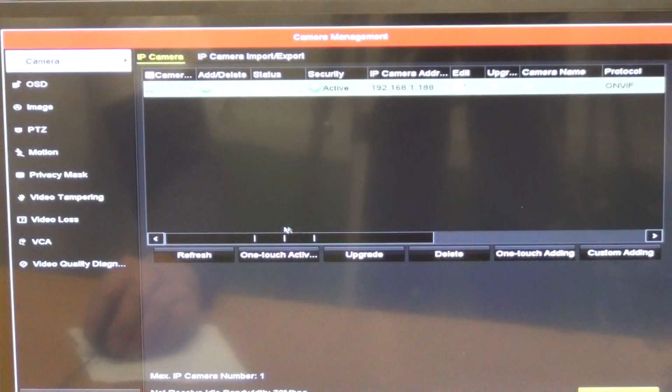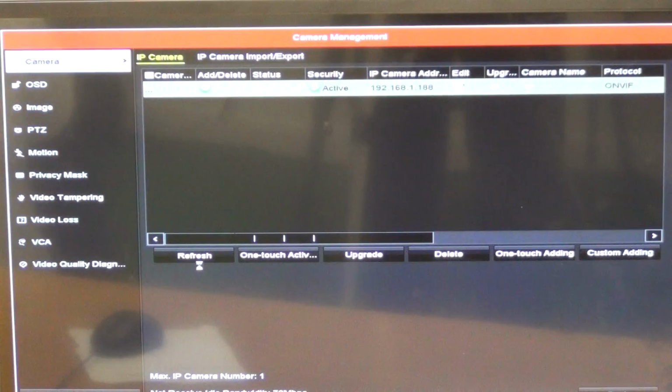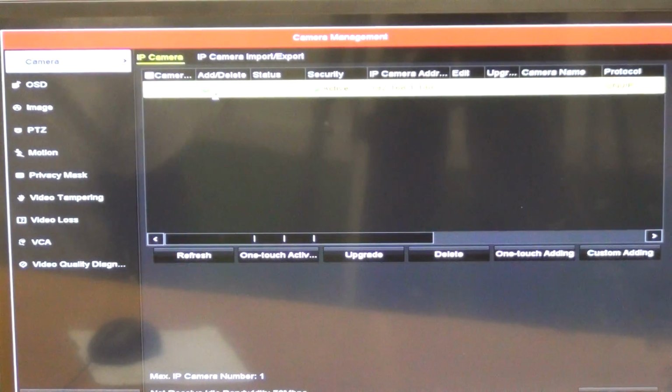So what we can do here is I can just hit the refresh button. What it'll do is it'll go out in the network and see what cameras are available out there, okay? So we can see this one here, and we can make a decision that we want to add this on. This will just take another minute, and if we look at the IP address that's been allocated to it,